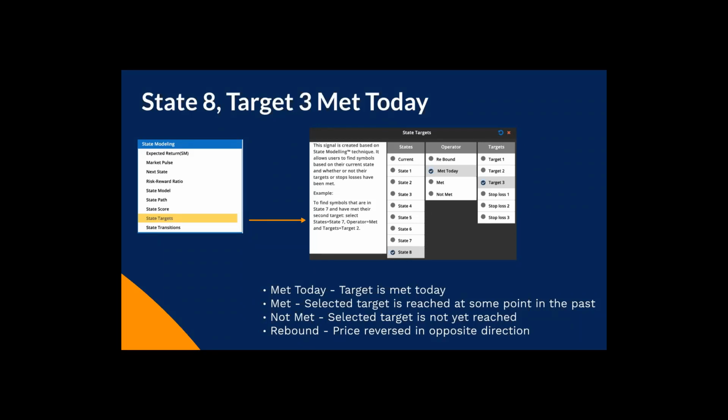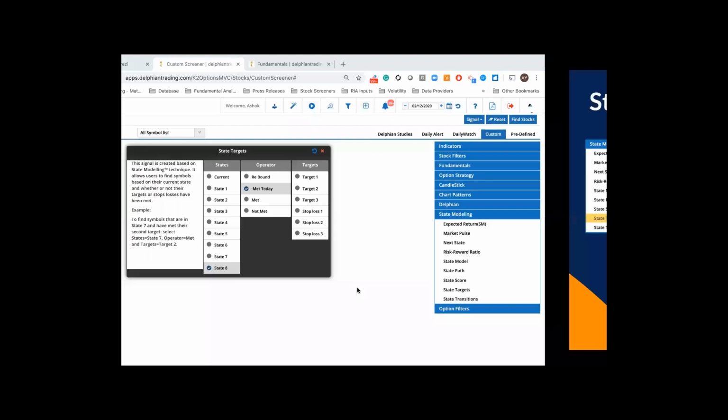My target, not stop loss. The stop loss is on the top side. That's the lowest target. Because we think the stock is bearish, since state 8 is bearish, when it goes to that level, statistically the support level is there. Statistically, it should rebound back from that point. If the stop loss hits, then the modeling is wrong and it could go back up again. So when we select target 3, you can see if there are